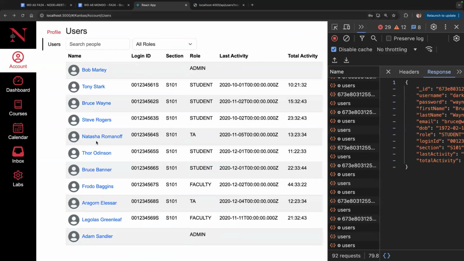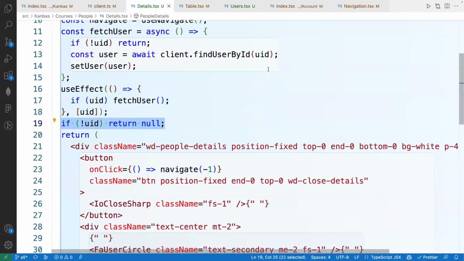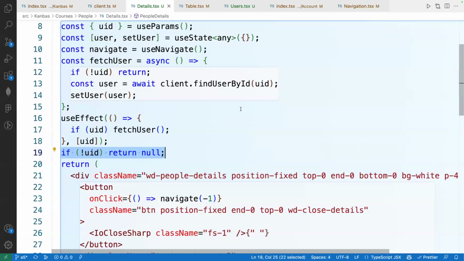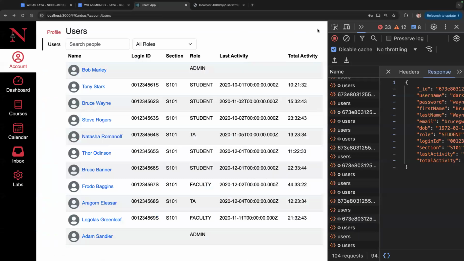The other thing about navigating back and closing, the way I did it was that I'm using a navigate -1. Navigate -1 basically says that the navigation feature in the browser maintains a history of all the URLs that you've been to, right? And what navigate -1 does is that it kind of goes back in the history, right? So go back to whatever URL you were, right? So it works the first time around when you click on it, right? The first time around, then you click, you're going back to the URL that didn't have any ID, so that's